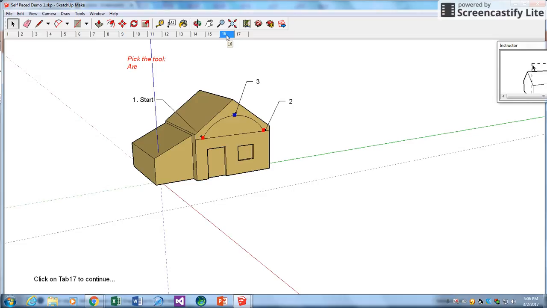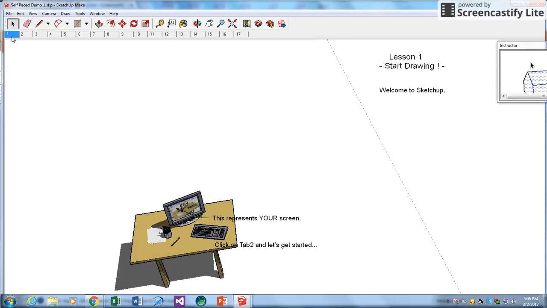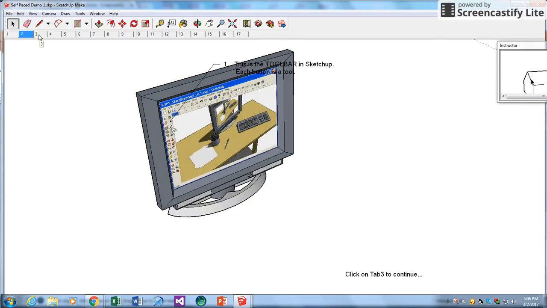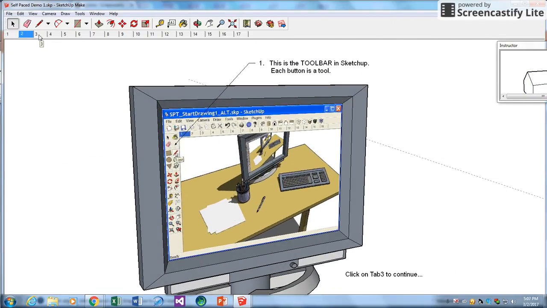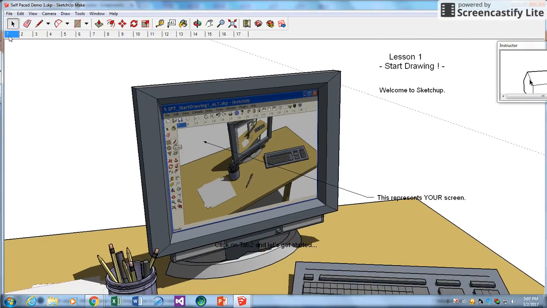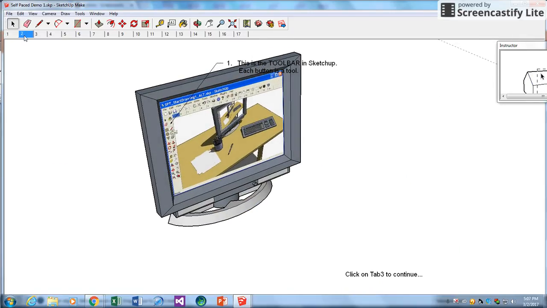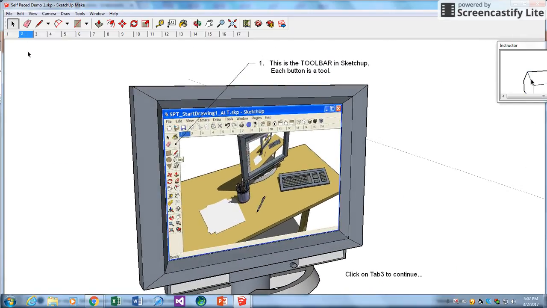And I'm on step 16, which is not good. So I'm going to go all the way back to step 1. Okay, so you want to start all the self-paced demos at step 1. And these are actually scenes of a movie. You could make a movie out of your SketchUp, but we want to go back to step 1. So it tells you what to do, and you can read the instructions. Then when you're done with step 1, you go to step 2, and it tells you to read that, and you go to step 3,